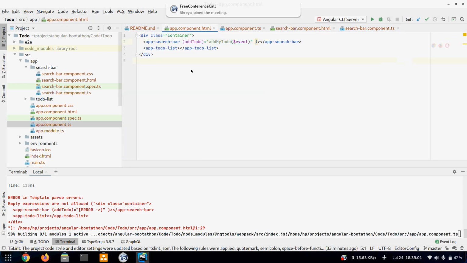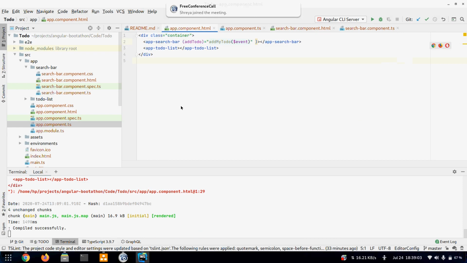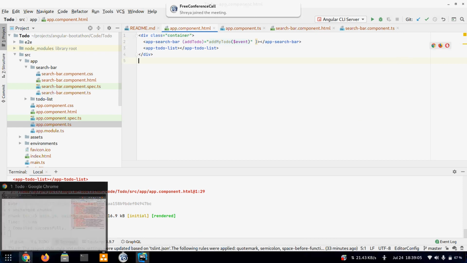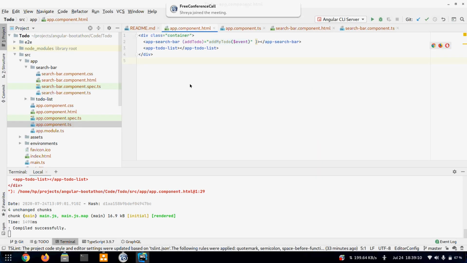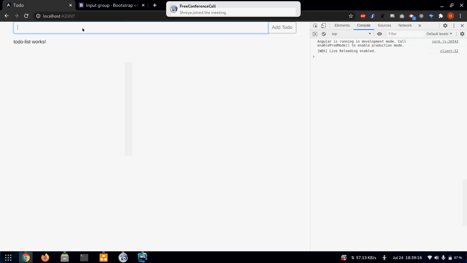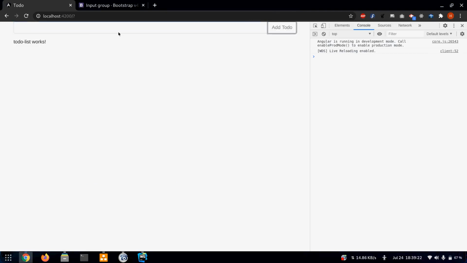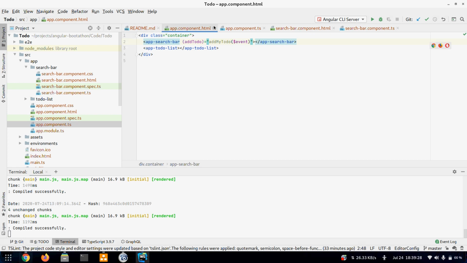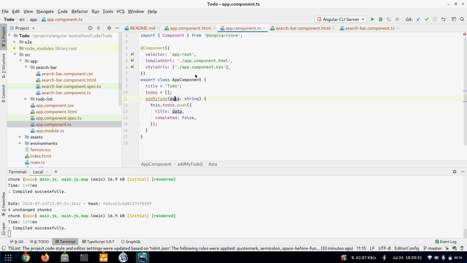Okay, so let's save this, see if it's working or not. Okay, so I clicked on add to do, the field gets reset and it would have been added in the array.